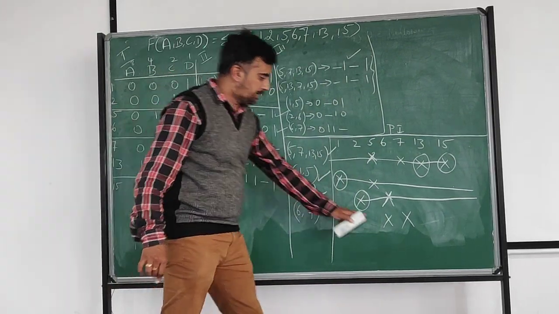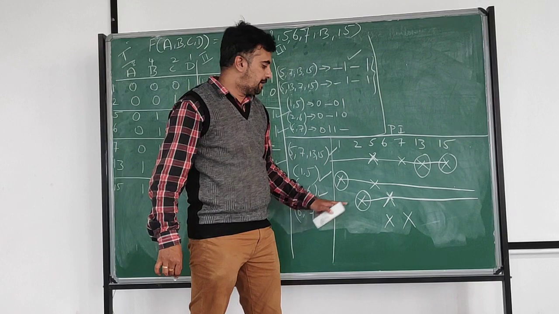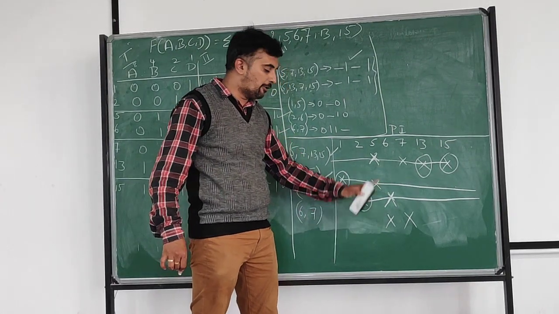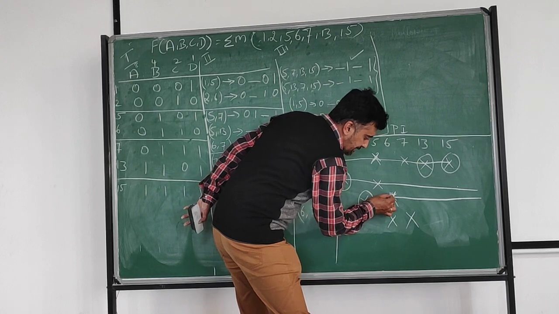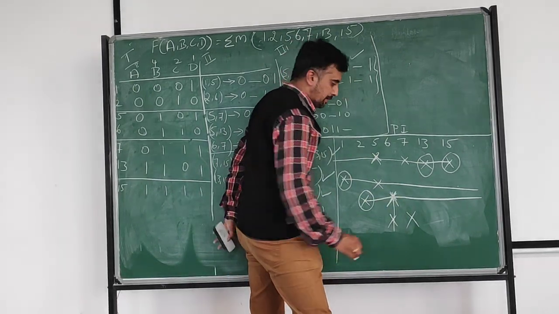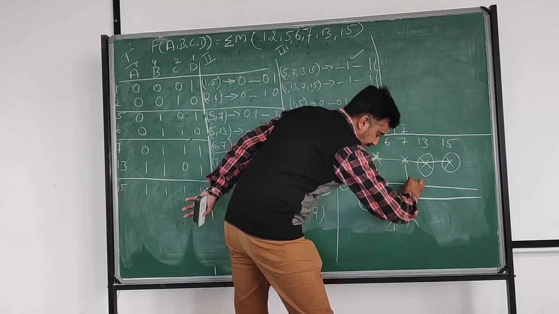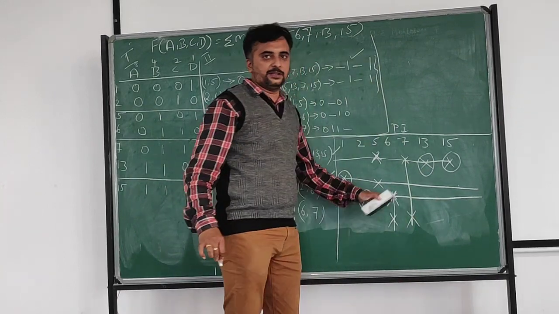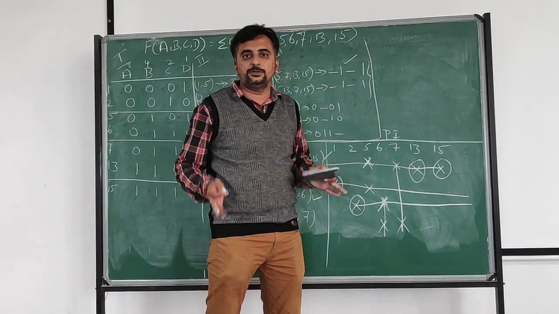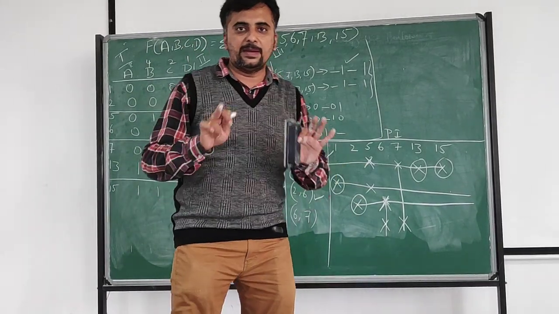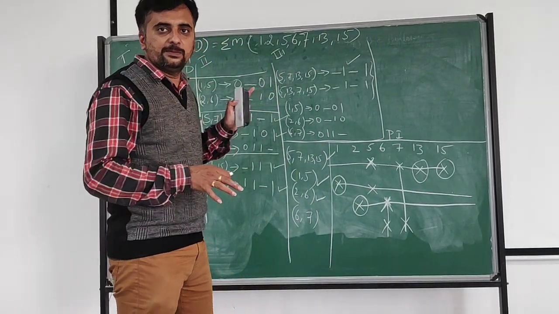After carting, another 2 is remaining because there is no single mapping. Another 2 is remaining. How we will cart that one? If this is intersecting with carting, this is also caught easily. If this is also intersecting, this is also caught easily. If any of the intersection is available to catch, then you have to catch. Otherwise, you have to leave. That is also a prime implicant. This is the major thing you have to learn in this Quine-McCluskey method.